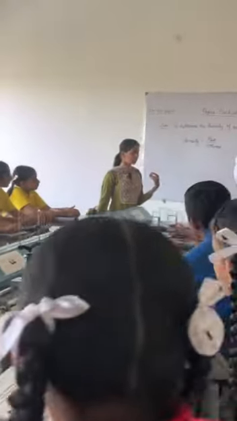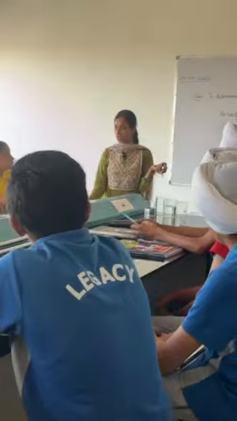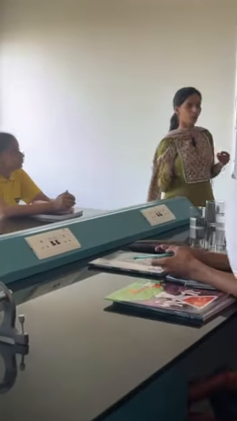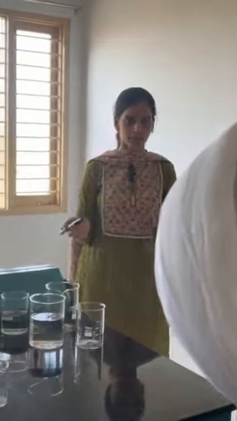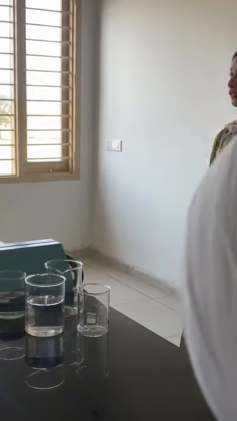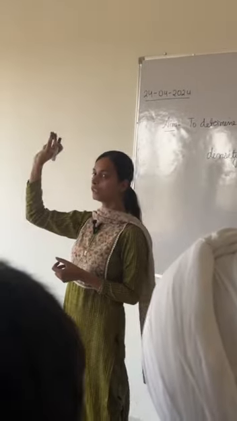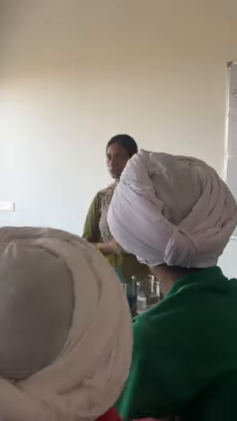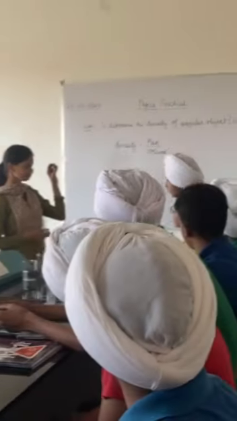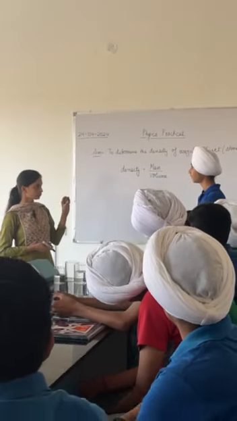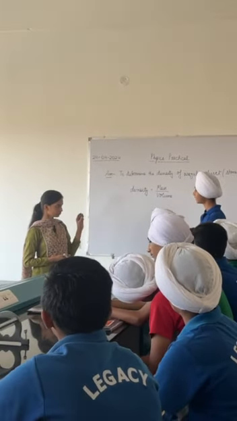As we discussed the formulas of some regular objects, volume of cone is 1 by 3 pi r square h, and volume of cuboid is length into breadth into height. But how will we find the volume of this irregular shaped object? It doesn't have a regular shape. Any idea? When we put it into water, the water level will rise.